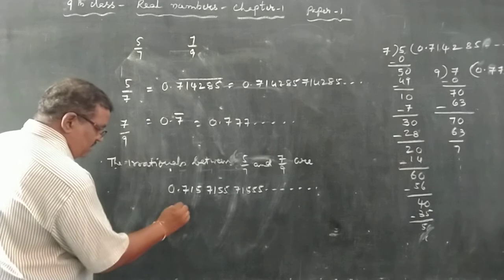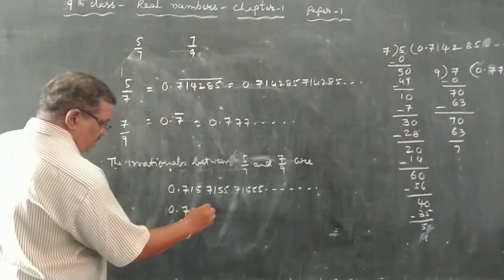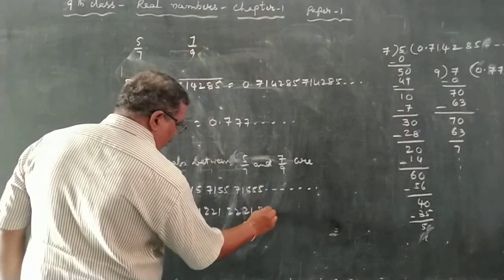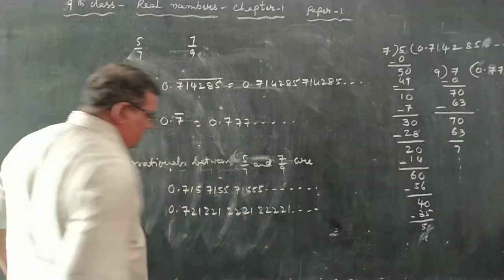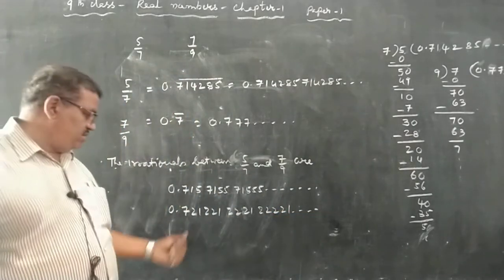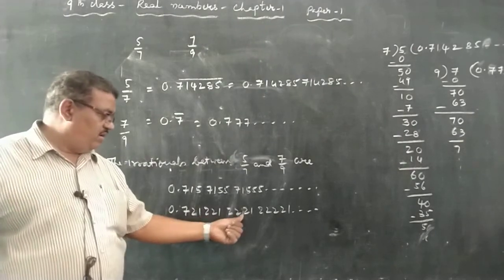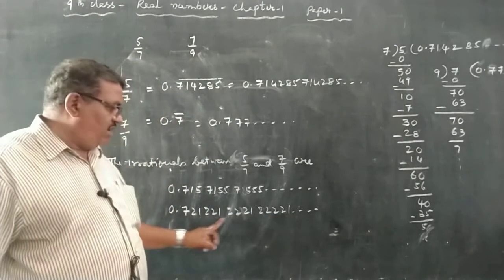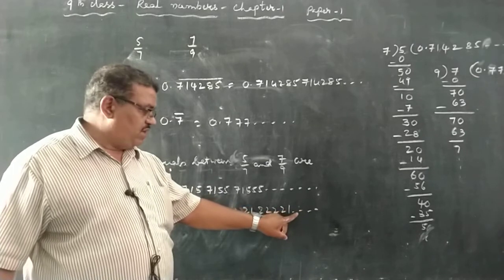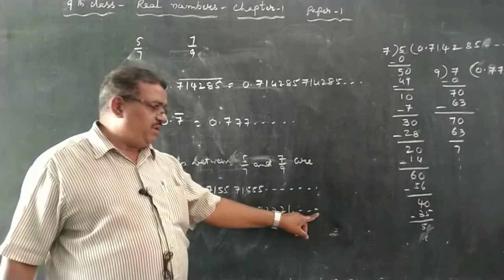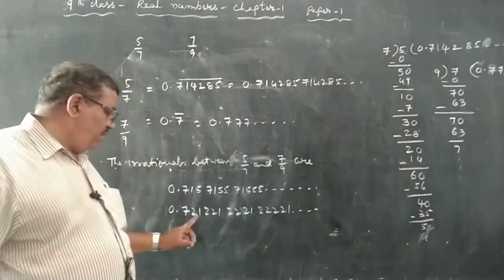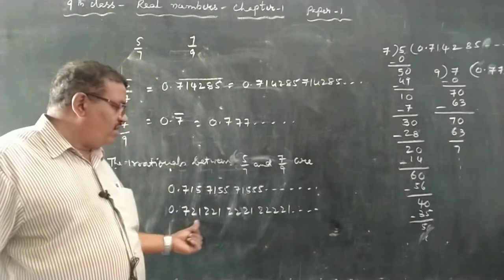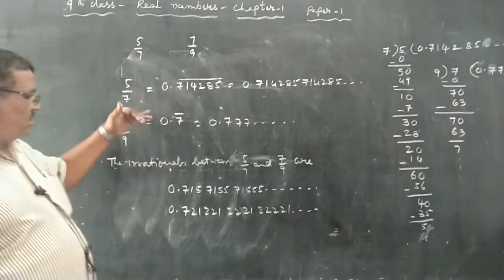Similarly, another one: 0.721, 0.7221, 0.72221, 0.72421, and so on. Like these we can write so many irrational numbers, which are neither terminating nor repeating. Not terminating, because we can keep the dot notation, that means they are not terminating. And here 21, 221, 2221, 421 and so on coming, they are not recurring. So clearly these are irrational.